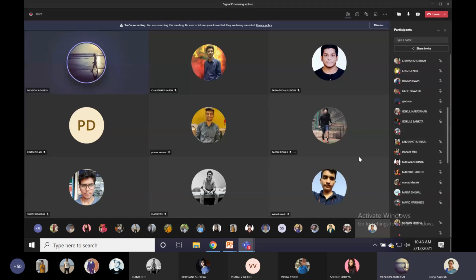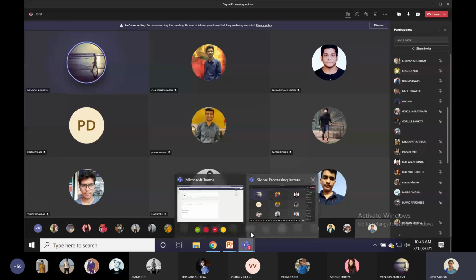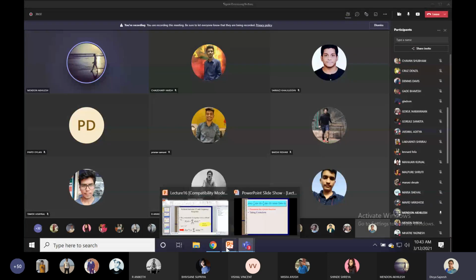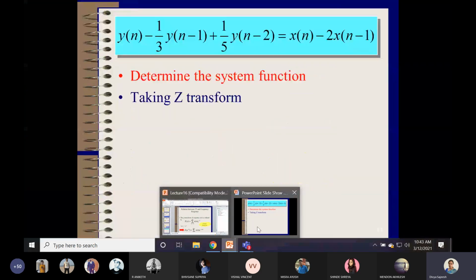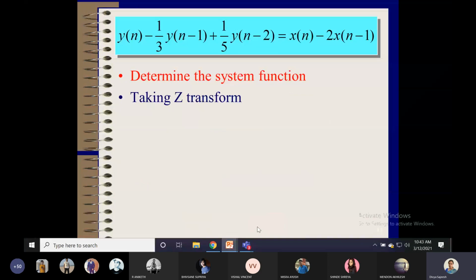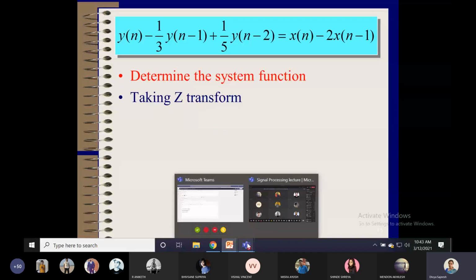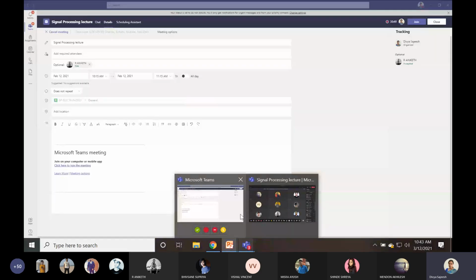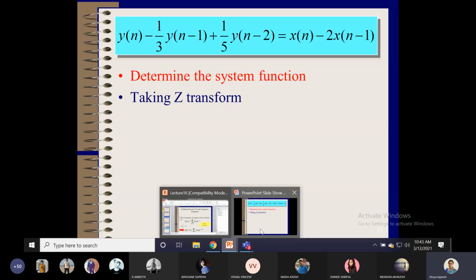Those who are not able to respond means you are not able to understand. So from now onwards I will consider those who are not answering as supposed to come for the remedial. That way I can take it, instead of taking it from the test. Even if you don't understand, at least you can respond when I am asking.